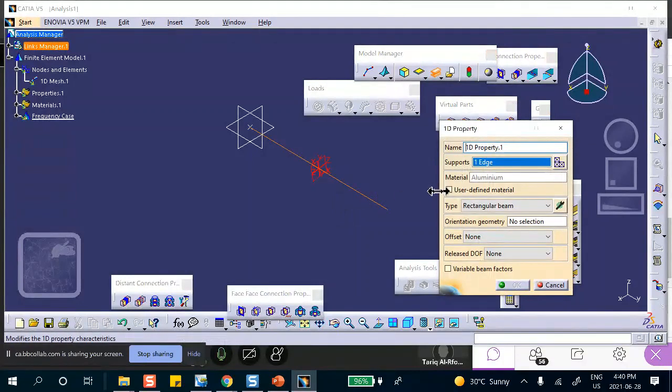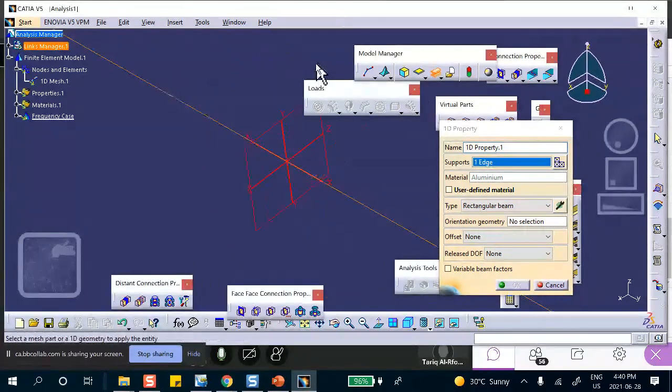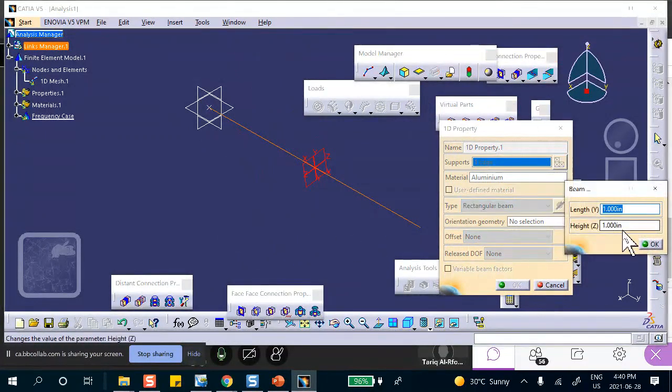Okay, very good. It picked the proper material. Aluminum, right? Rectangular. We know it's rectangular, 1 by 1. Here, look, rectangle. Very good. Size, 1 by 1.